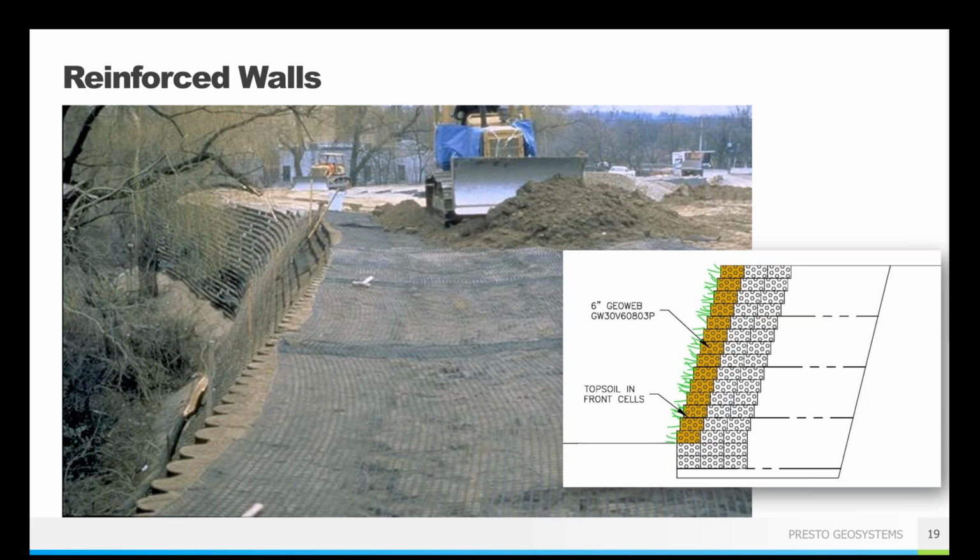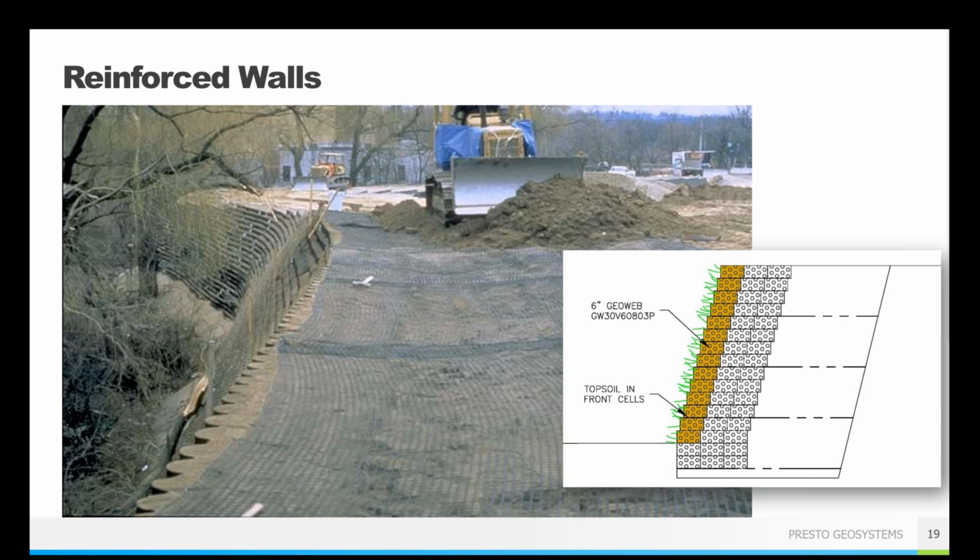So you can have typically a 6 or an 8-inch deep panel, and that allows you to have a good separation of your geogrids so that you can have that reinforcement without overdoing it. You don't want to have a reinforcement layer every 6 inches. That's excessive. But by having a standard GeoWeb separation between your geogrids, typically about 2 to 3 feet, which is again that FHWA standard, then you can have a good strong wall with the required reinforcement.